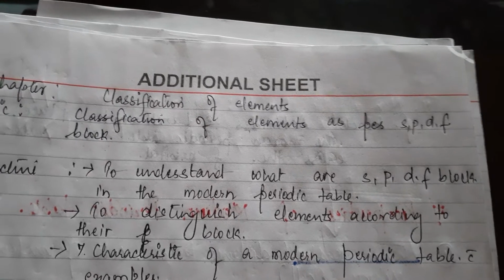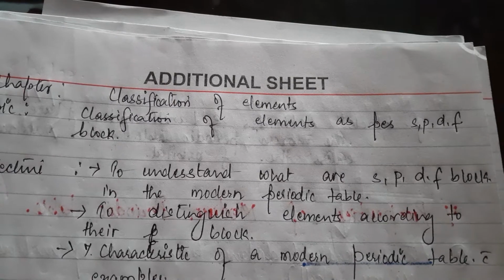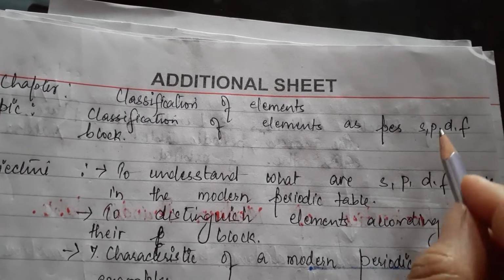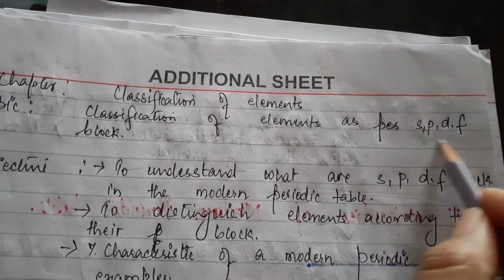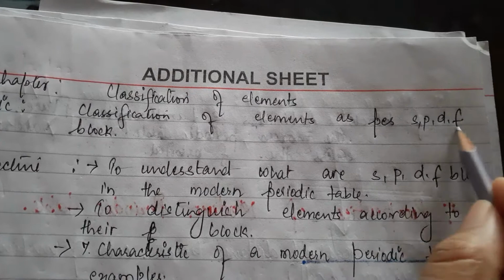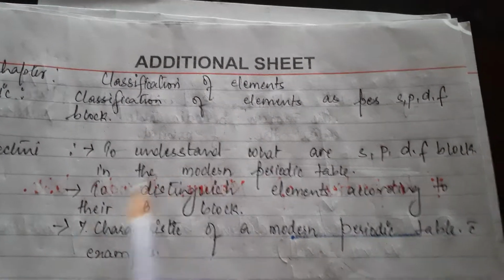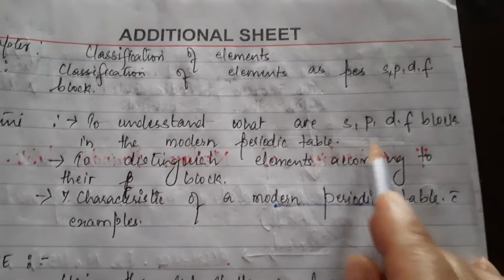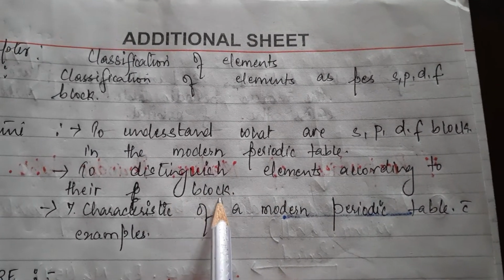The elements have been classified or grouped in the modern periodic table as per the groups and the periods. Now in the modern periodic table you will find there are 4 different regions or 4 different blocks, s, p, d and f, and the elements have been kept under these blocks. Okay, so today we will be understanding what is spdf, which elements will fall in the block and